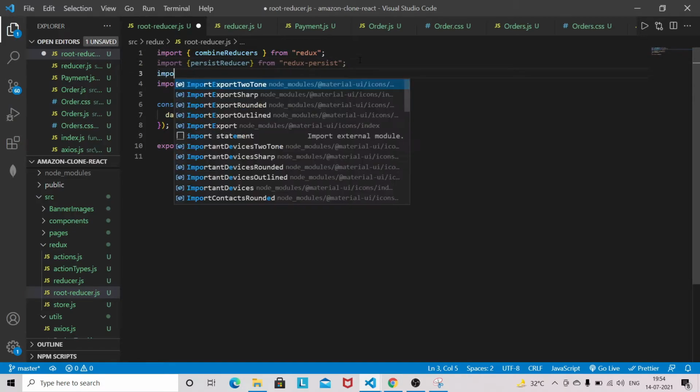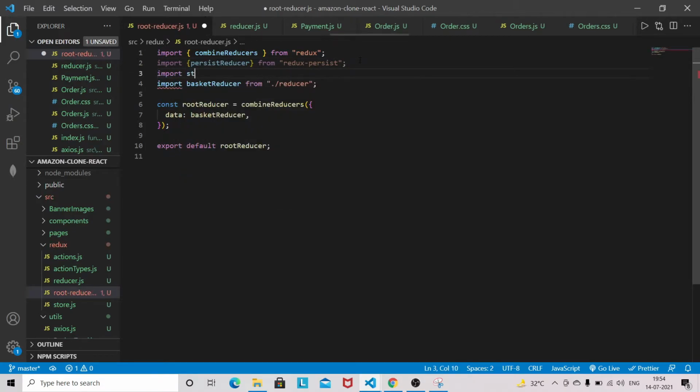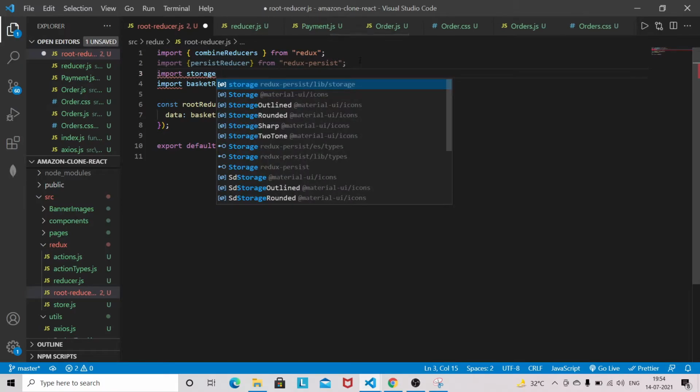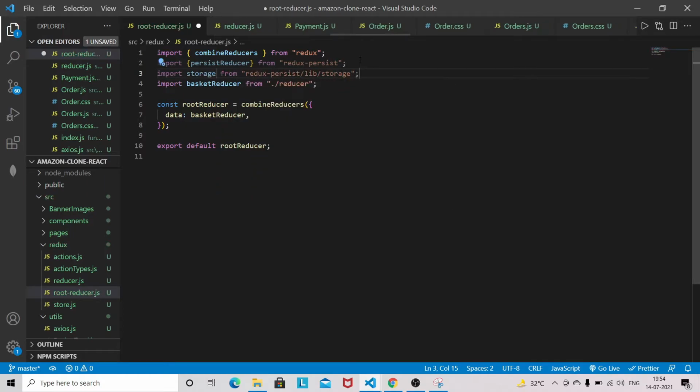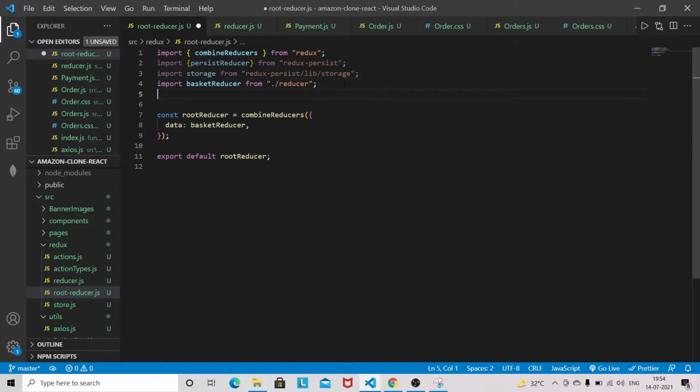So I'm going to import the storage from redux-persist. Sometimes it suggests automatically, yes. I need to bring the storage from this path. Make sure to bring the storage from this path.